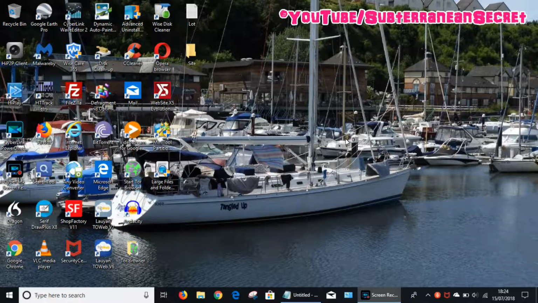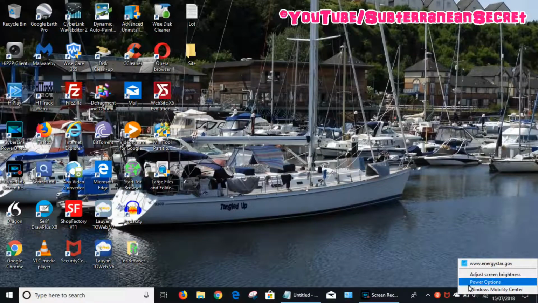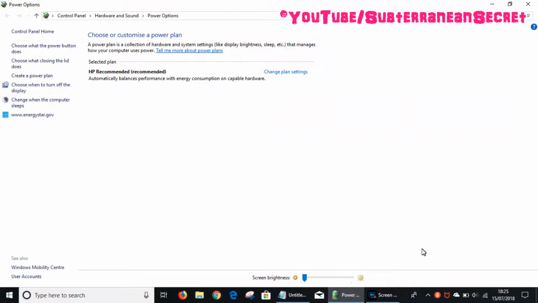So the first and easiest option is to look on the bottom taskbar. Usually in the bottom right hand corner down here, you can see a little battery icon. If you put your mouse pointer over this and then right click and select power options, it takes you straight to the control panel, and you can see on the right hand side here is an option to choose what